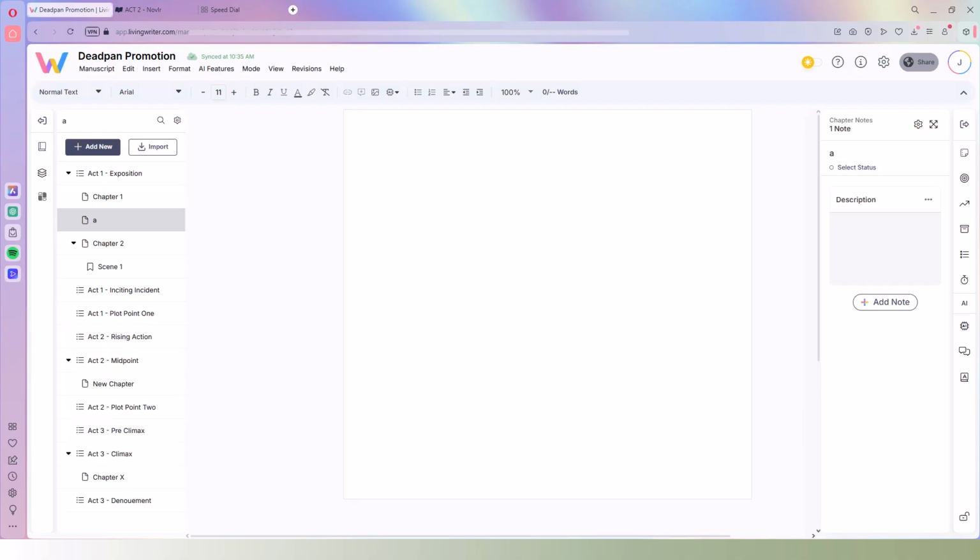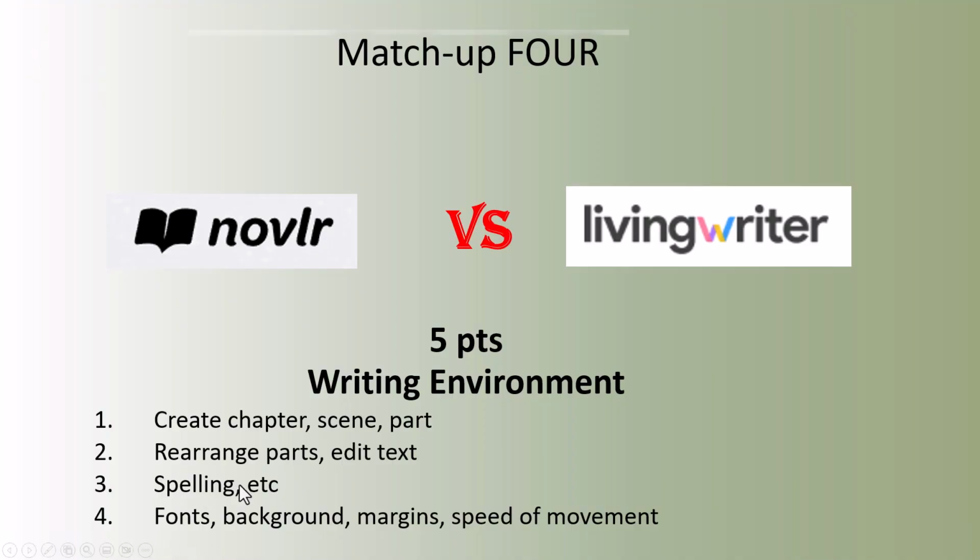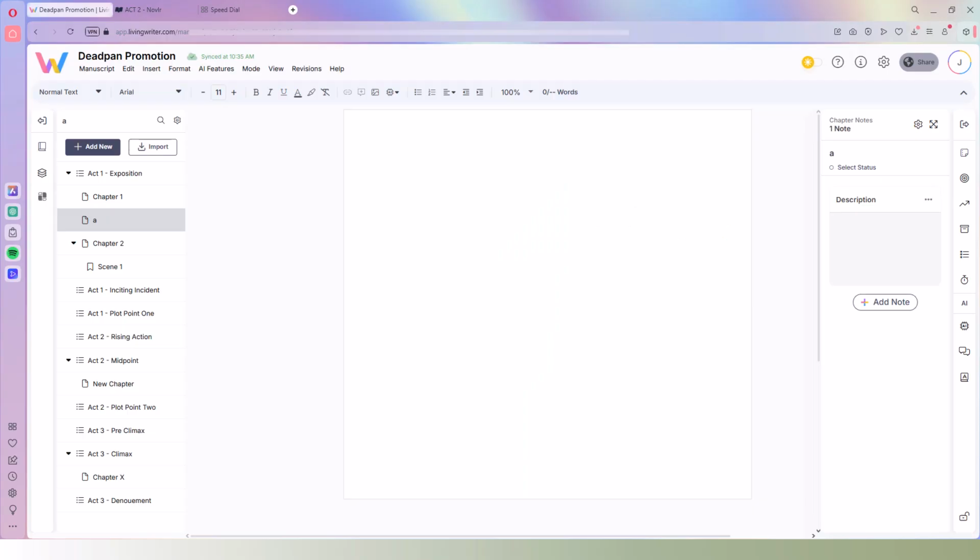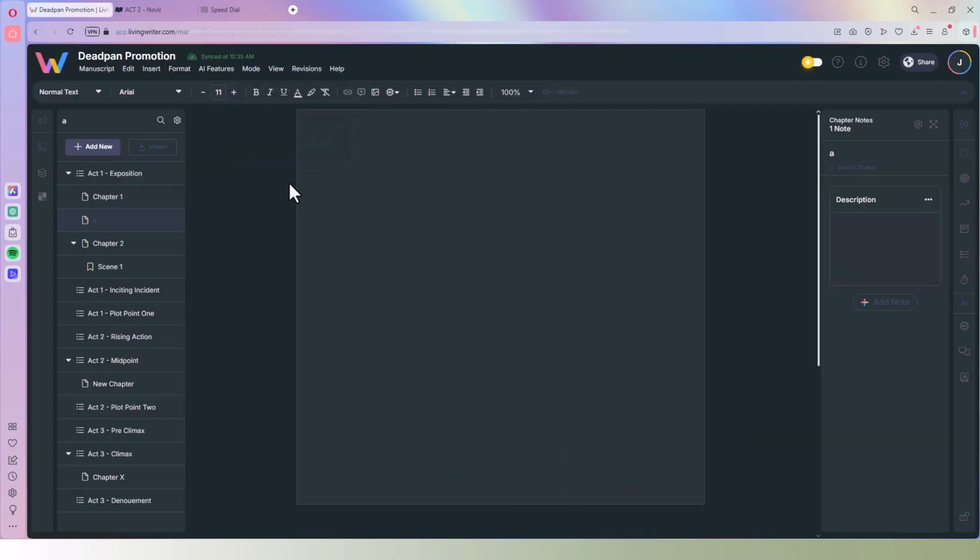So LivingWriter has some other things as well as the spelling and the rearranging parts and the chapter scenes. We haven't got into the backgrounds and margins and a few things like that, so let's go ahead and look at some of those things with LivingWriter. We already know Novlr is very limited in those type of features. If we go up here to mode, we have a light and a dark mode, much like Novlr has a light and dark mode. You also have a focus mode